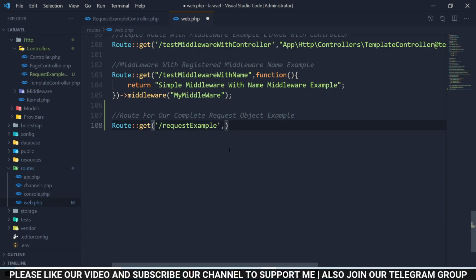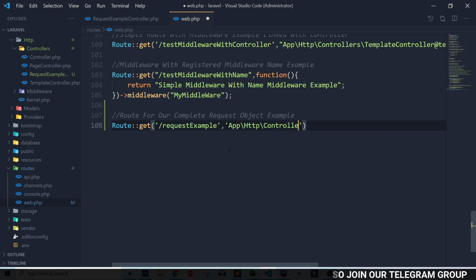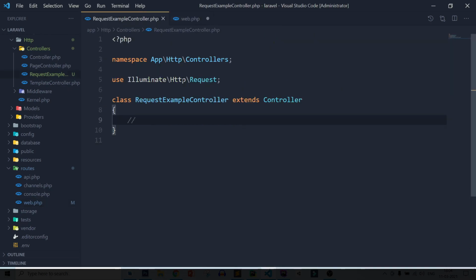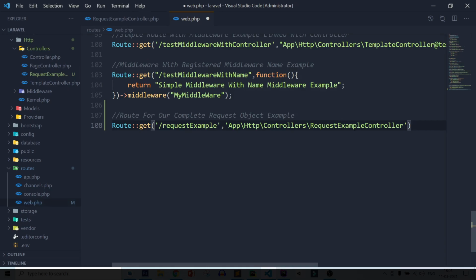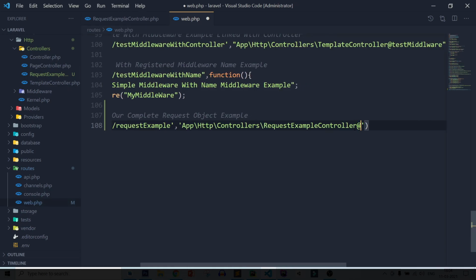After that let's pass our controller. Here give the controller name, App\Http\Controllers, and our controller name is RequestExampleController. So copy the controller name, paste it here, add the route. Now here we need to create a method.